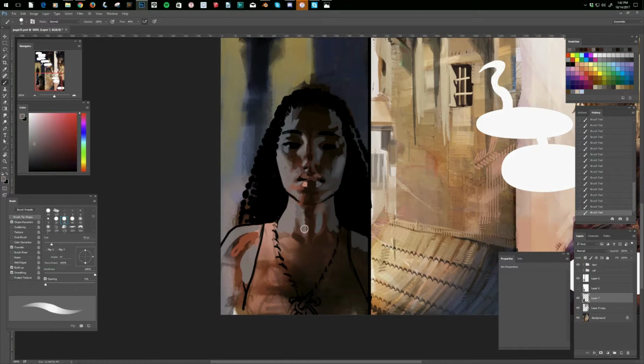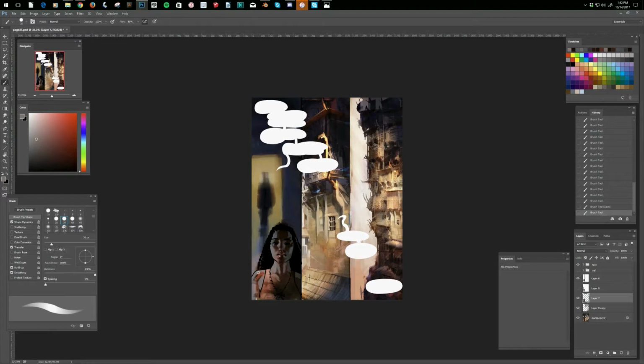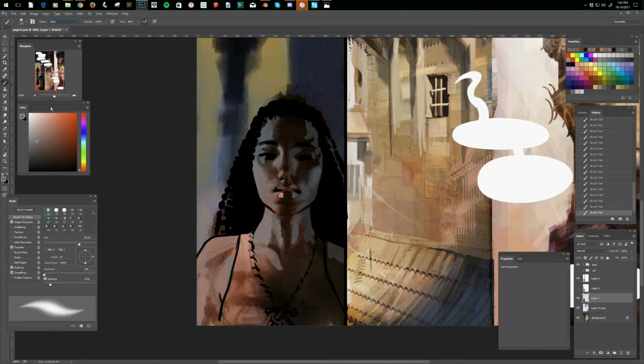Otherwise that initial color layout that I did with a hard edge brush is just going to look too pristine, and I want all of these unpredictable plays of light and shadow and color to be there to keep the rendering looking